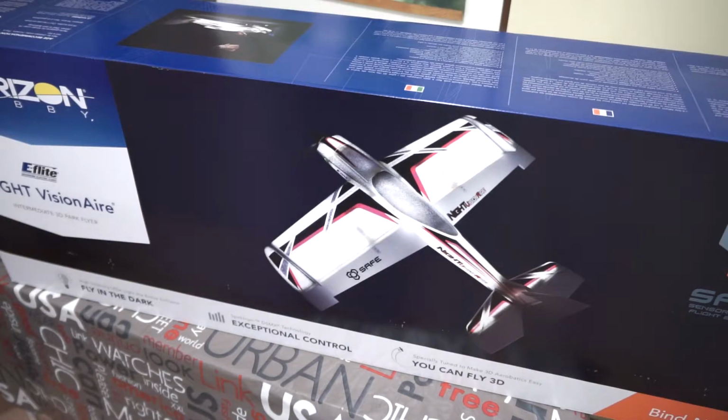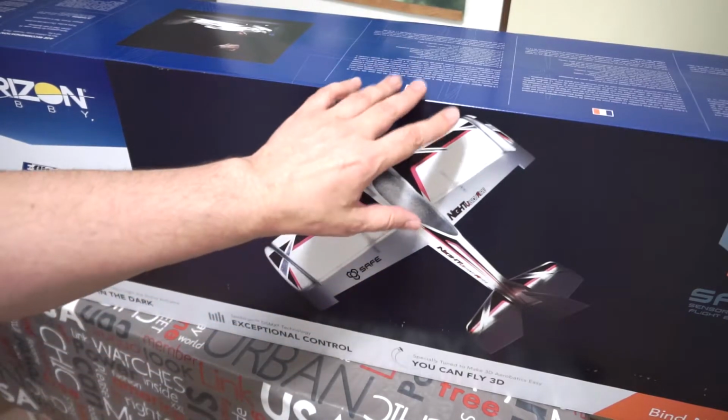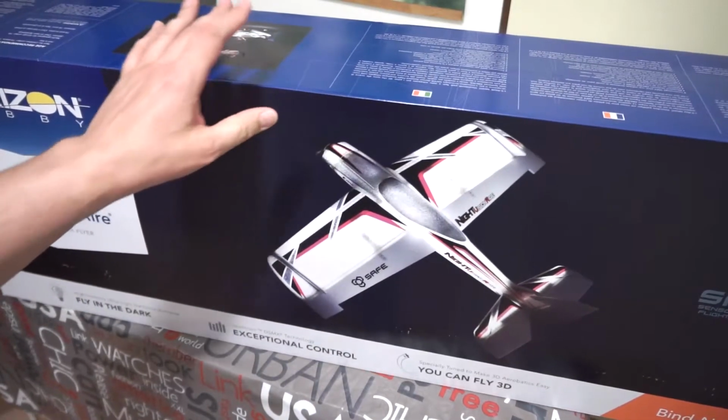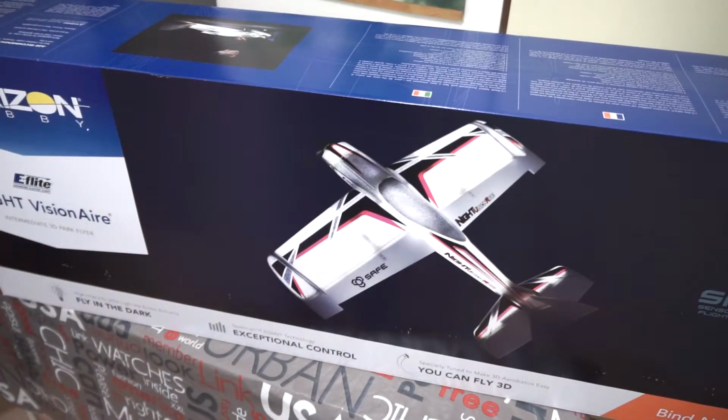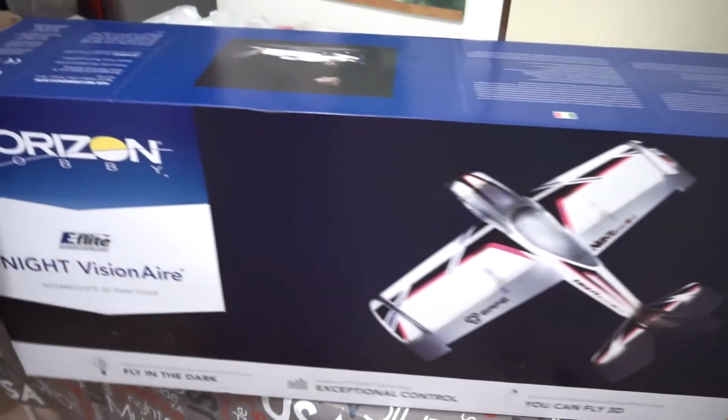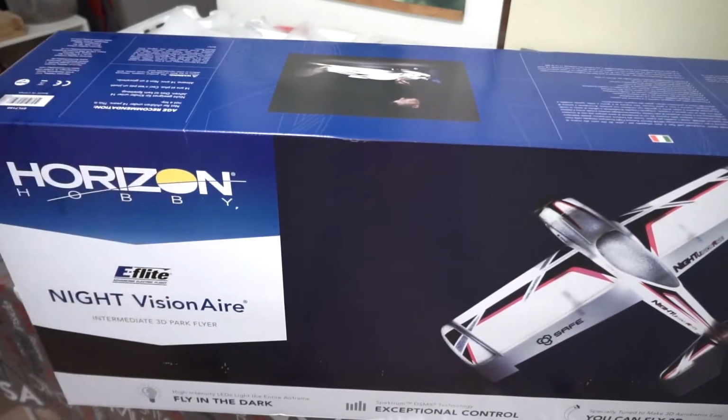And he told me, maybe this will be the airplane exactly for you. Do you want to try some 3D maneuvers safely? Yes, I want. So try this airplane, because this airplane, the NightVisionaire by Horizon Hobby or E-Flite,